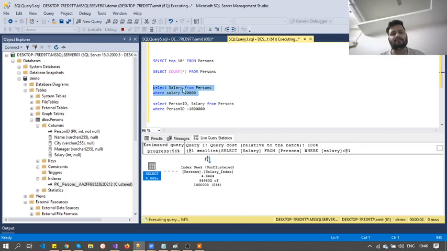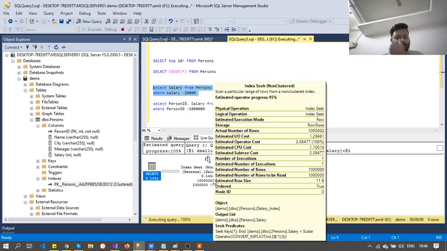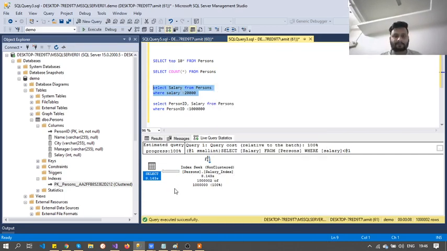If we use only the one column, salary, then only the benefit is obtained, right? So a non-cluster index has improved things, and the 10 lakh records have been output.